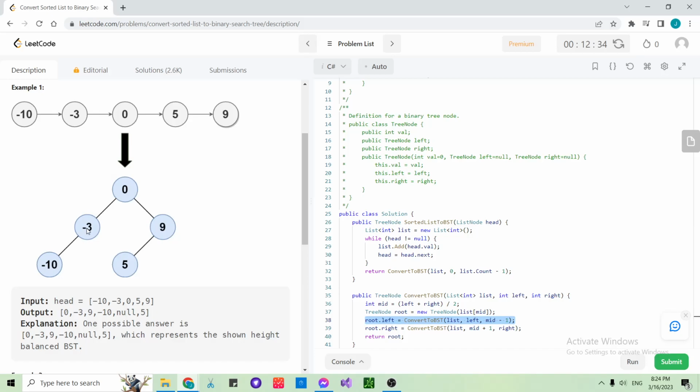Not -3. Okay, so 0 left would have a value of -10 here, and that -10 left would be, so that's 0, mid is also 0, so that will be list 0, -1,